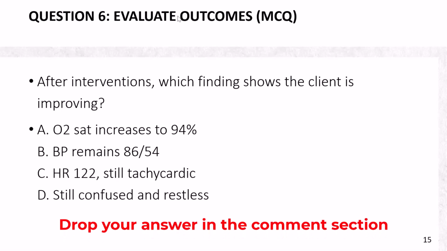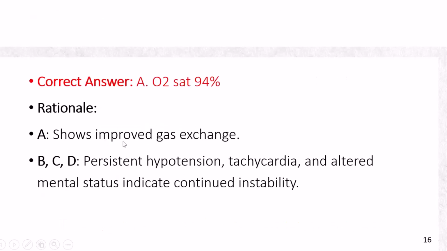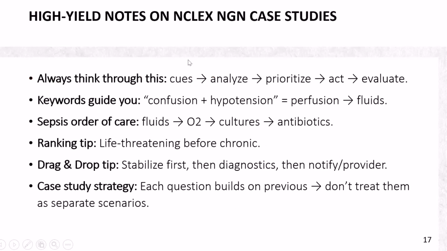Oxygen saturation. Yeah, this one is a simple one. So oxygen saturation has moved to 94. So that shows that the gas exchange has improved. But with B, C, and D, it shows that the client is still not improving and we still have to intervene. So I hope this has been a good exercise, and remember that when you have your case study, you have